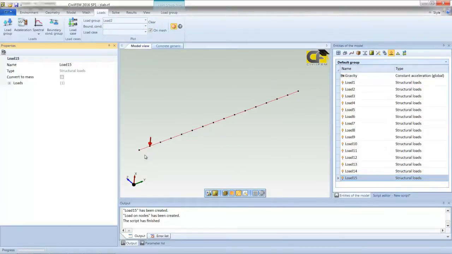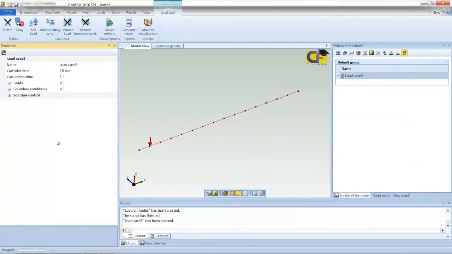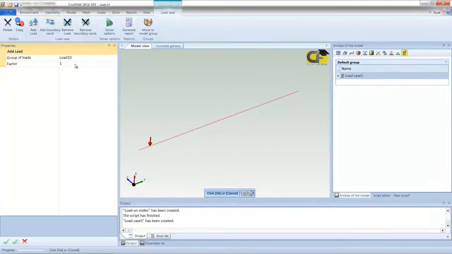So we have defined our moving load, separated 1 meter, and then we must solve our analysis. To define our load cases, we can do the same. We can define one load case for each load group. In this case, I will just create 3 load cases. For load case 5, for example, we will add load group number 5,